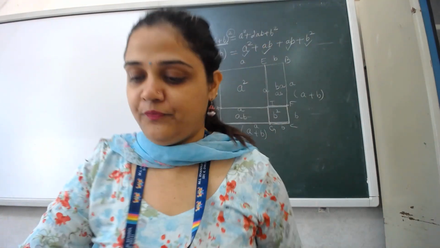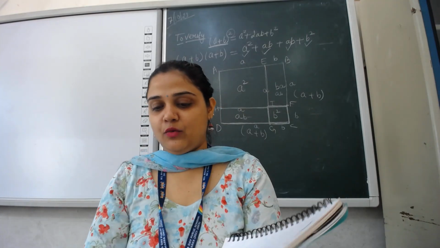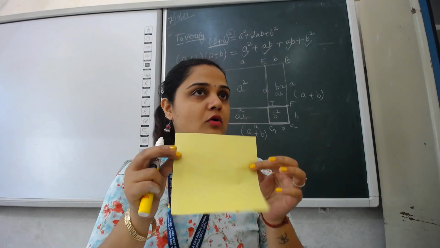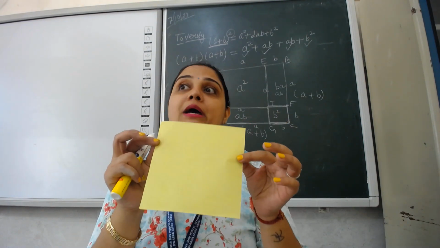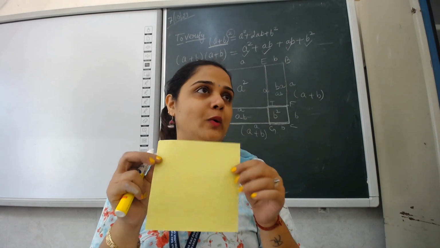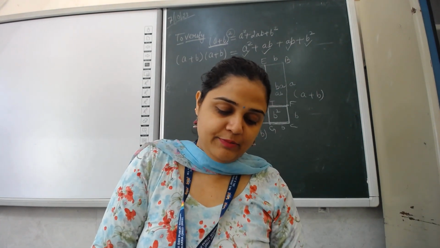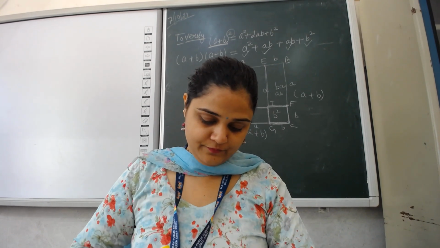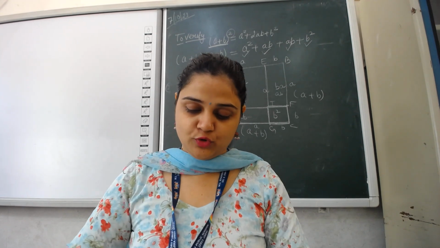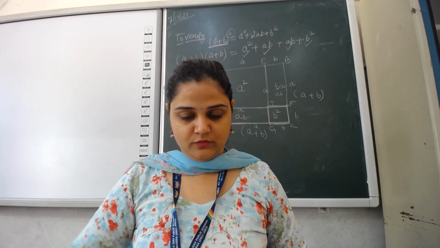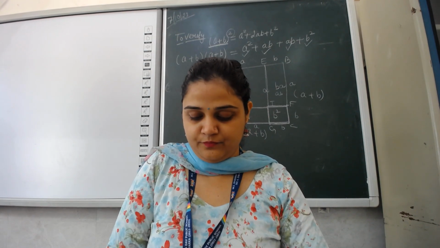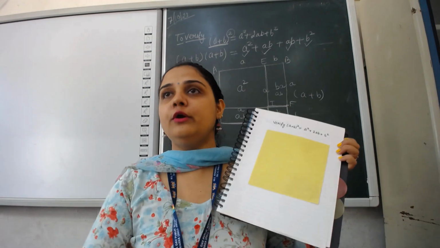So for that, what we'll do, we'll start with taking a square paper. I am assuming this as the initial square, that is A plus B whole square. So I am pasting this A plus B whole square on the plain side of the lab file. Like I am doing it in my diary, you are supposed to do it in your lab file. You can do it side by side. So this is how we are going to paste it.